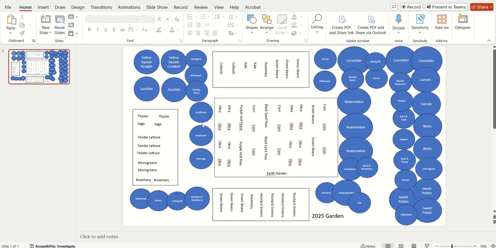PowerPoint. So in my urban garden I have now, I have 3 raised beds, 2 trees, a huge earth garden in the middle, and then 2 long beds of roses, and then I have potted plants and space for more potted plants. So what I like to do with my planning, if you'll notice, I have